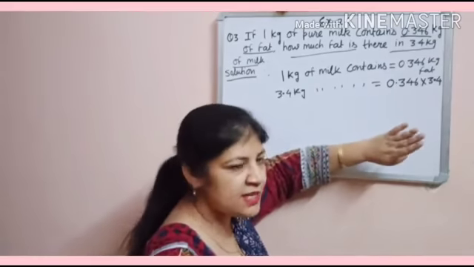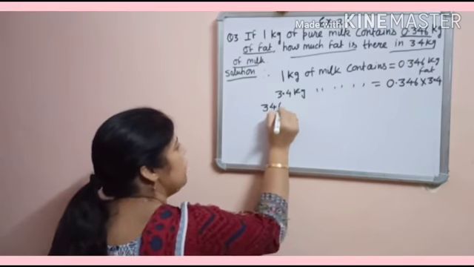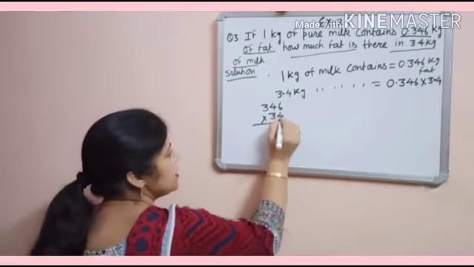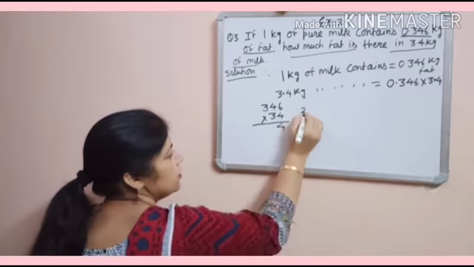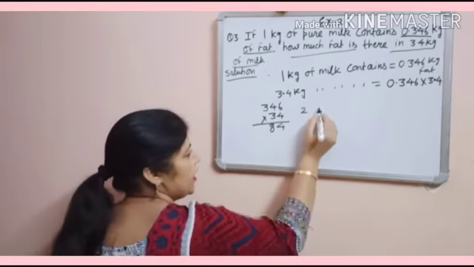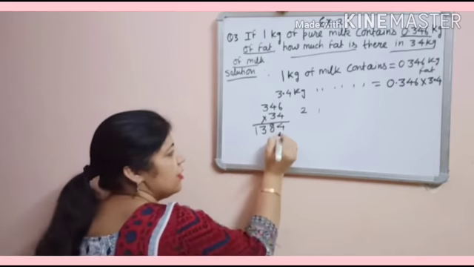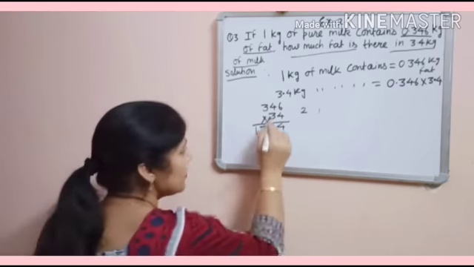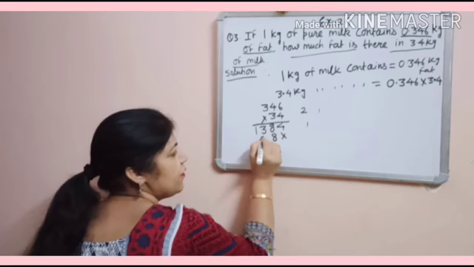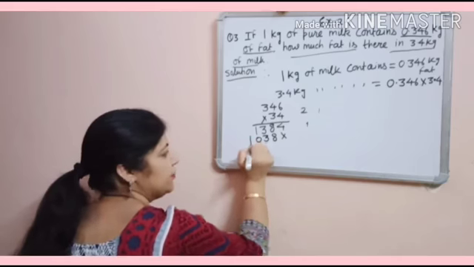So first, forget about the decimal. Just simply multiply 346 by 34. Now multiply by 4 first. 4 6s are 24. Then 4 4s are 16, 16 plus 2 is 18, 1 carry. 4 3s are 12, 12 plus 1 is 13. Now multiply by 3. 3 6s are 18. 1 carry. 3 4s are 12, 12 plus 1 is 13, 1 carry. 3 3s are 9, plus 1 is 10.